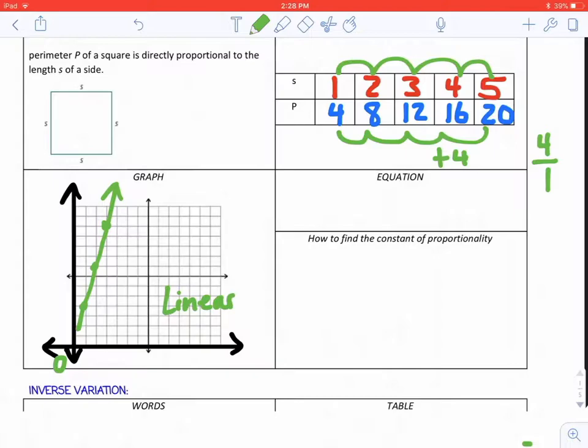So we would say that the perimeter would vary depending on 4 times the side length. So the constant of proportionality, our k value, in this case was just